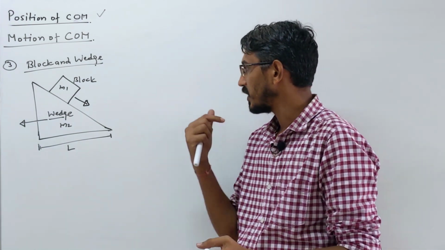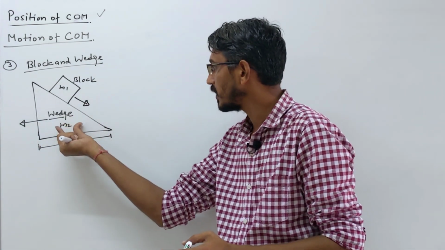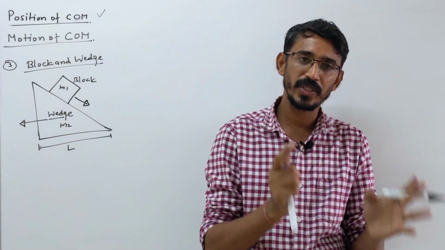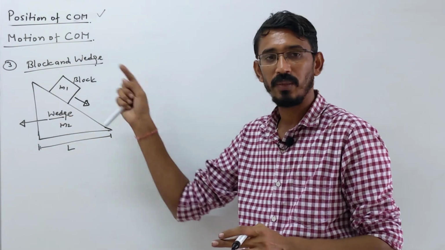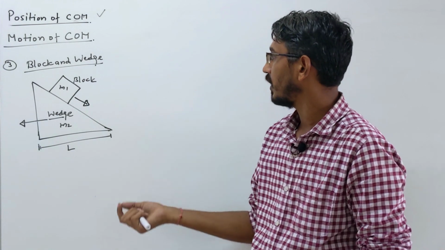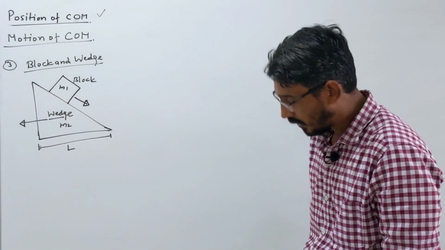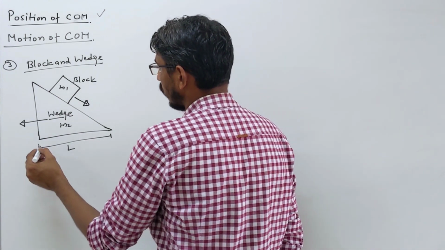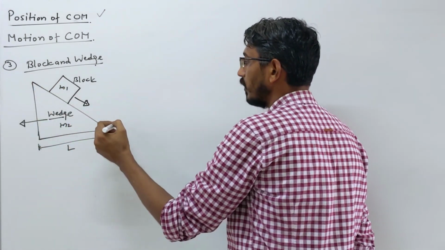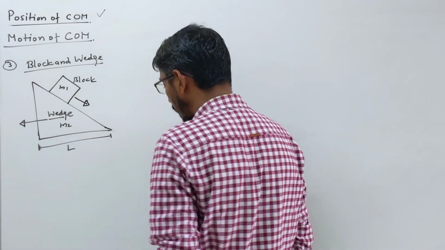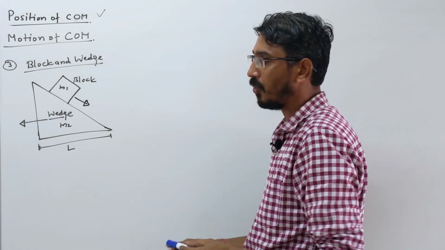What is the distance moved by that board, here the distance moved by the wedge. If they ask for the velocity of the center of mass, it will be 0. If they ask the velocity of any individual body, one is given and the other they are asking, yes, you can answer that. Exactly 4 questions here. So look here: when this block comes down, the wedge will move backward. How much it moves, that is what they will ask you. That's the main question.